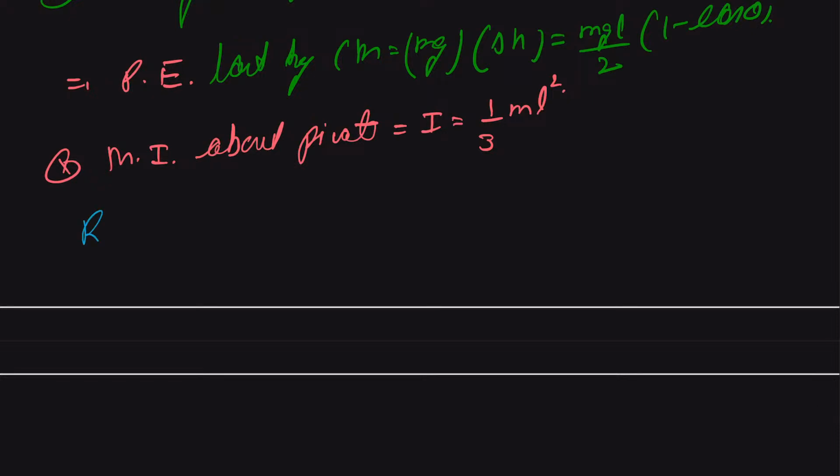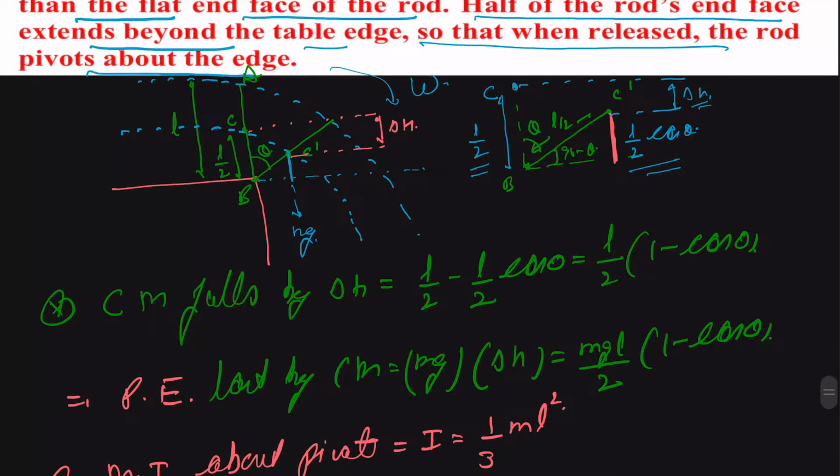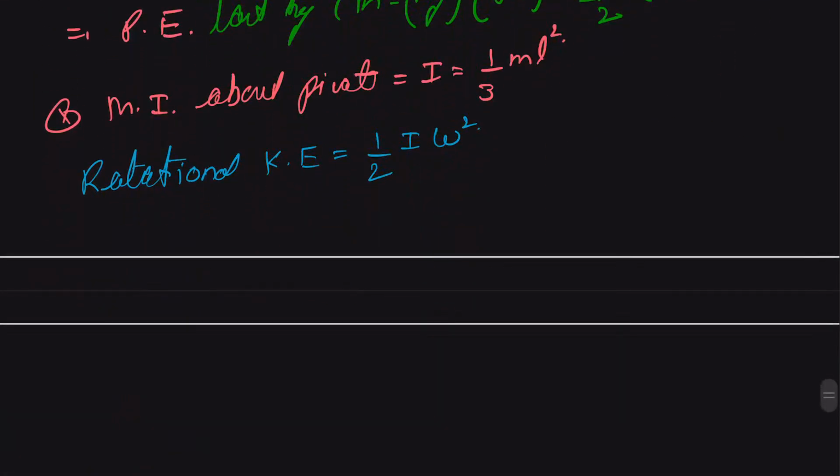So from here we can say our rotational kinetic energy is equal to half I omega square, with angular velocity omega. So we substitute it, we get half times 1 by 3 mL square times omega square. So this will be 1 by 6 mL square omega square. Okay,